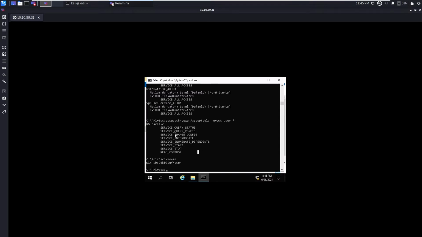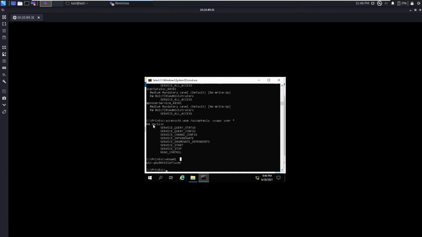That means I can change the configuration of this service, and also start and stop it. If you do not have this access, you need to wait for the Windows 10 computer to restart.